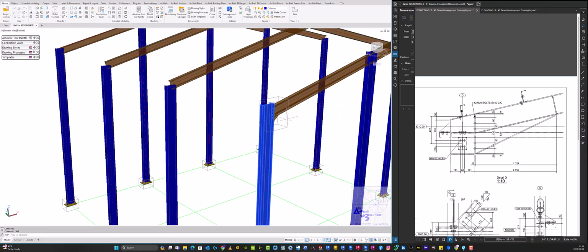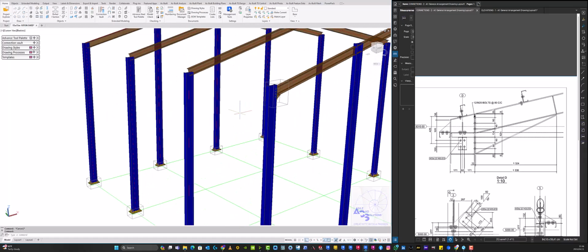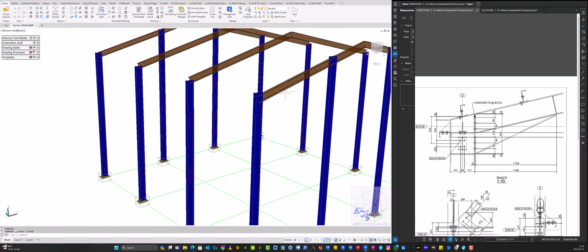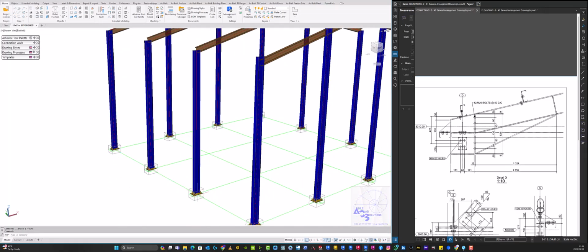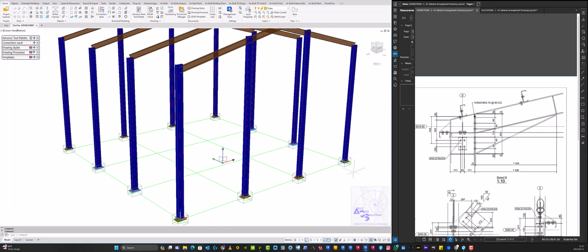So now instead of having to edit these other remaining columns one by one, what we can do is simply delete our connection. After we've deleted our connection, let's delete the base plates for the connection that you want to delete, because we want to delete them and then put it back with the new height instead of increasing the height individually. So once we've done that, then we can delete these columns, because for us to get the height that we want, we have to add them